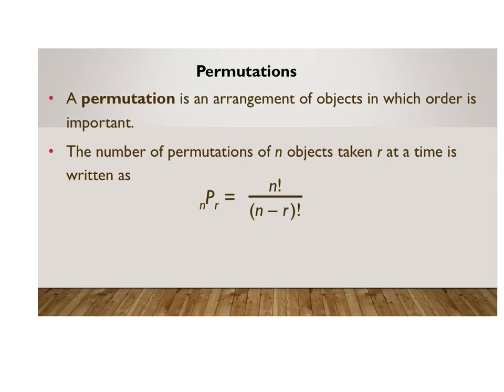Okay, so this is something you're going to have to learn how to figure out. Does order matter? Because you use 2 different formulas if it does or doesn't matter. All right, so in permutations, order matters. It is important. In other words, CAT is totally different than TAC or ATC, right? One spells cat, the others don't. They make up nonsense words on many of them. Okay, so order matters. This is written as nPr,